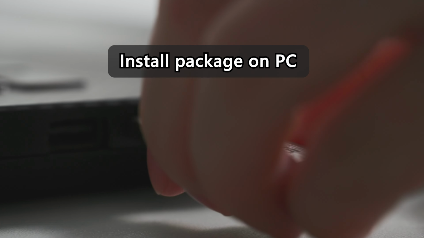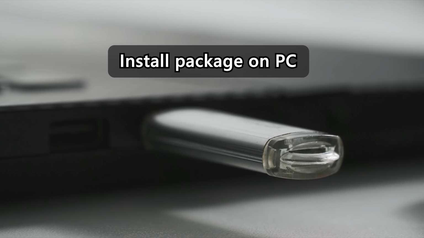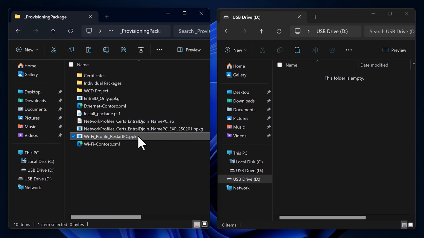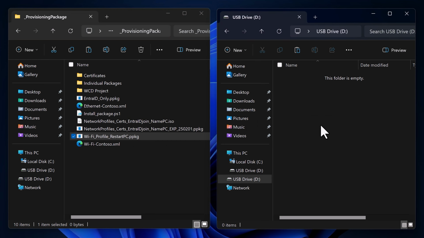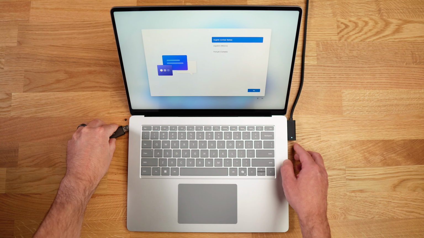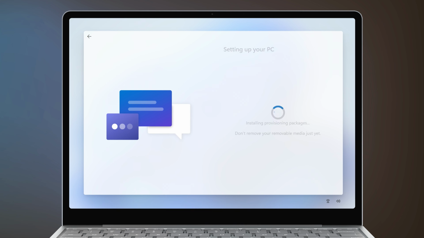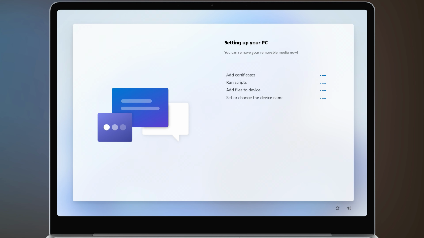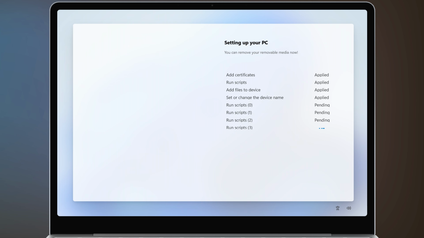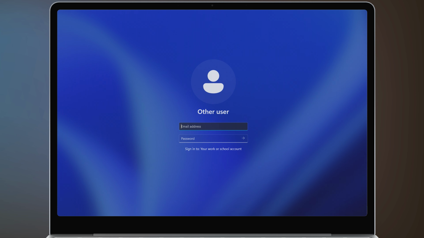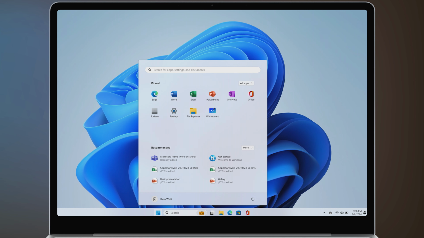Let's quickly install this package on a machine so you can see how streamlined the provisioning process is. Copy the package file over to the root directory of a USB drive, and then insert that drive into a machine sitting at the out-of-box experience. Windows will then automatically install the provisioning package and apply all my custom settings to the machine. When it's finished, we're left with an Entra ID joined device that is ready for an end user to start